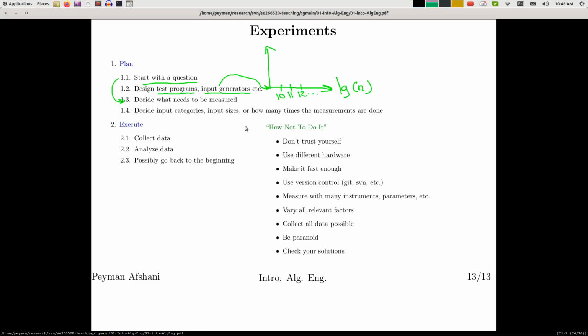So you get a plot like this. Another question is, does this make sense? Well, in this case, if you want to test whether an algorithm runs in n log n time or not, you probably need to divide the runtime by n log n. So you take the running time divided by n log n, you plot it, and then maybe it looks like